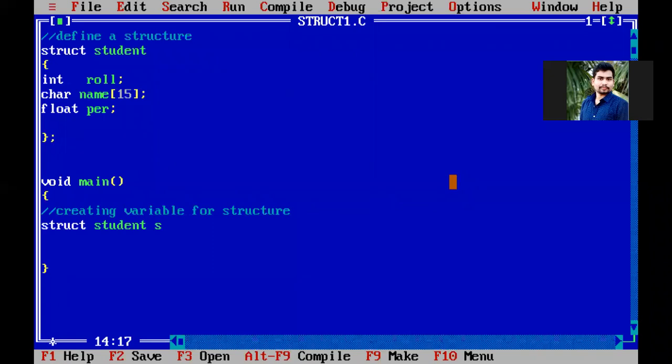Just put the curly braces: open the curly brace, close the curly brace, semicolon. In between, how many members do you have? Roll number and name and percentage. So first I am talking about the roll number: 101, comma. And what is the second structure member? Name. You can write any name, but that name is a group of characters, nothing but a string.